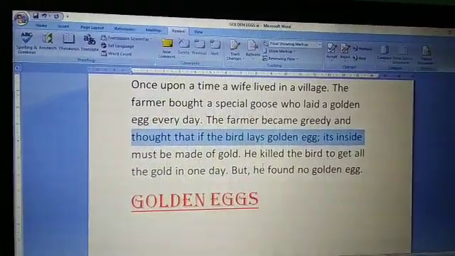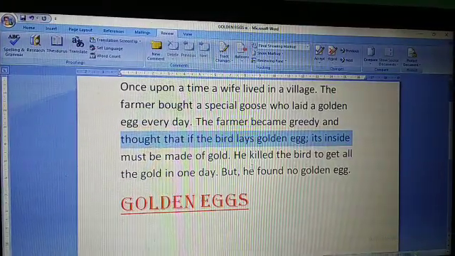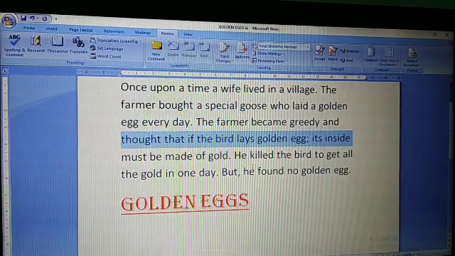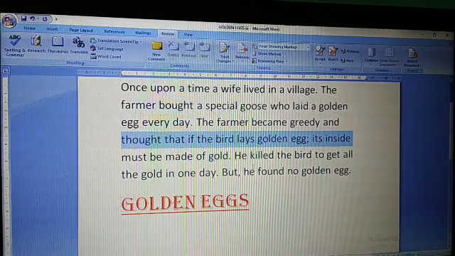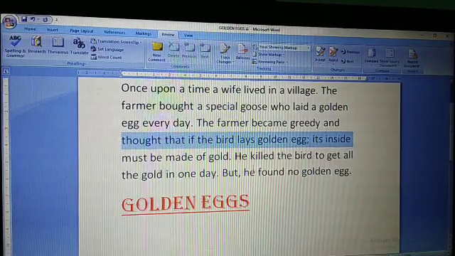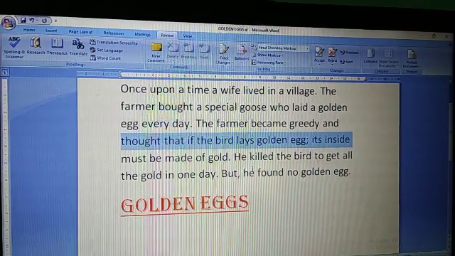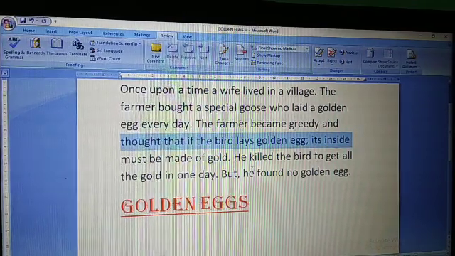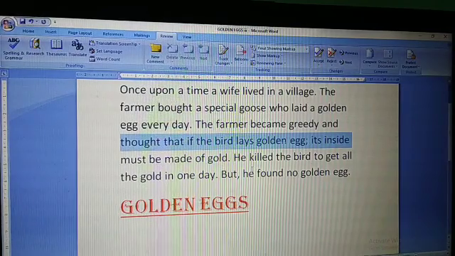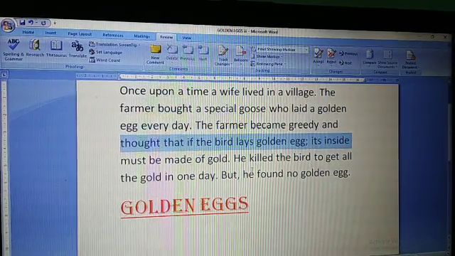There are two methods of correcting spelling. If too many spelling mistakes are there, go to the review tab, proofing group and spelling and grammar option. Then the dialog box will appear, it will show all errors with the correct spelling list, and keep clicking change. Finally it will show you the message that spelling and grammar check is complete.